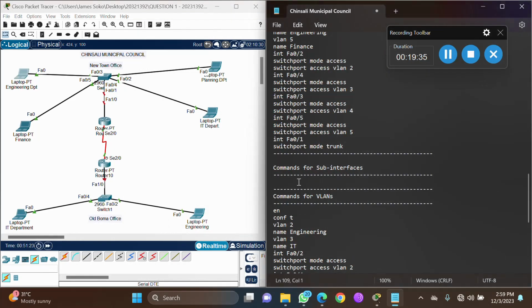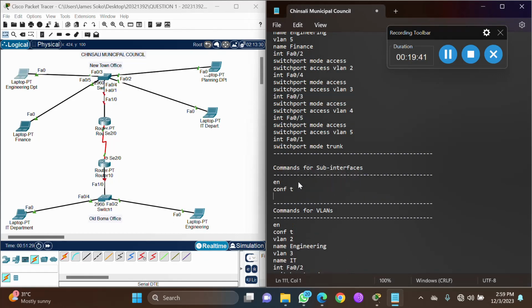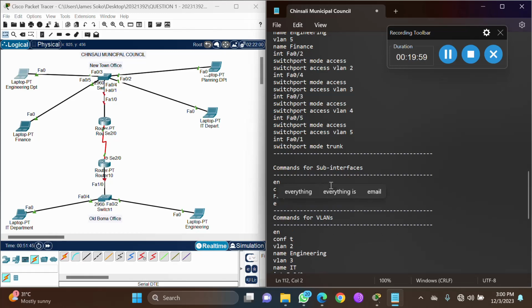Under that router, we start by saying en, conft. Then we say FA1/0 for that interface, which is the main interface, then .2 because we started at VLAN 2. Then we say encapsulation